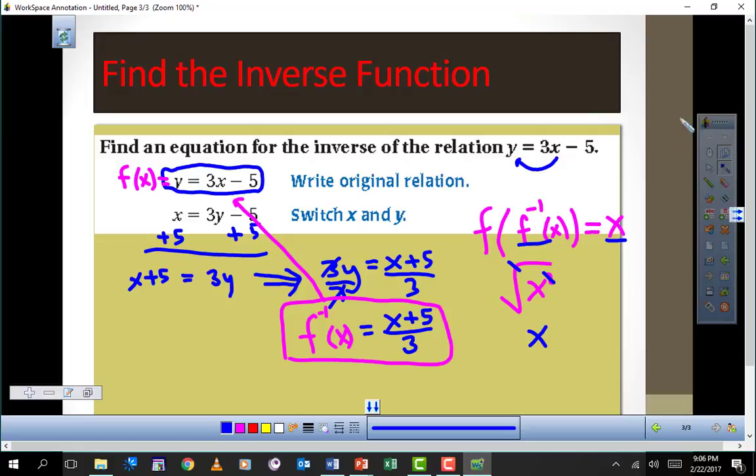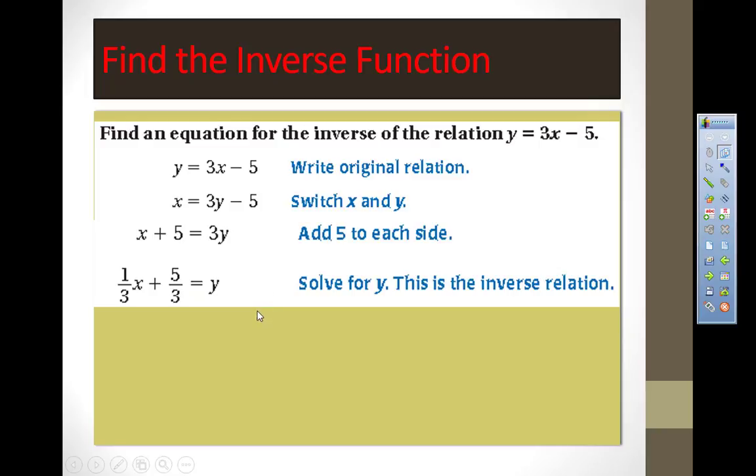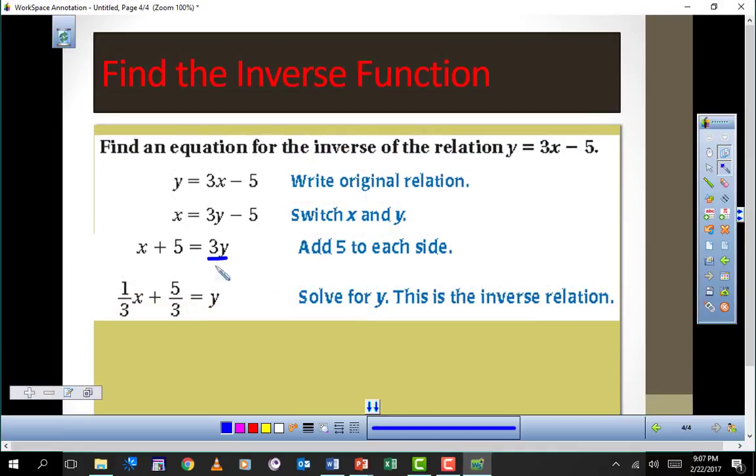Interesting stuff. So anyhow, let's continue and let's see what happens here. So we solve for y. Now, I want to point out something here. When I was solving for y, divided by 3 here and divided by 3 here, that's an alternate way to